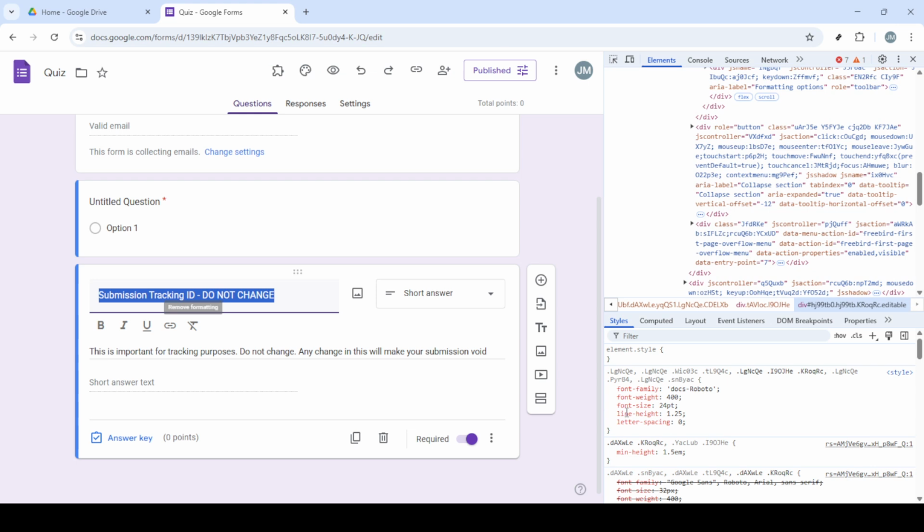And there you have it, a straightforward method for exploring answers on Google Forms. Hopefully this tutorial has equipped you with a